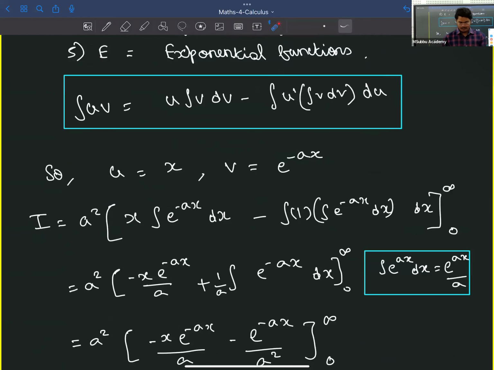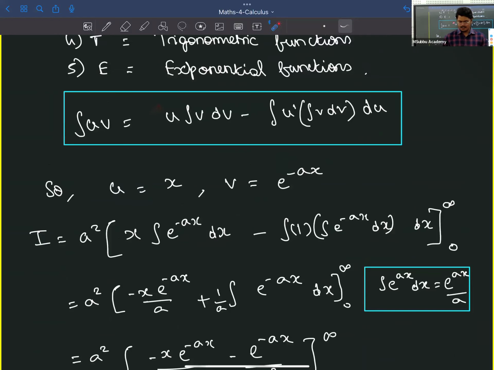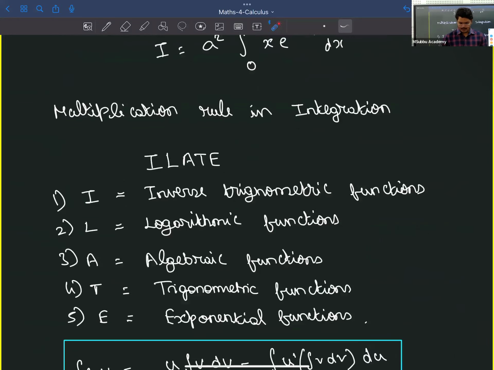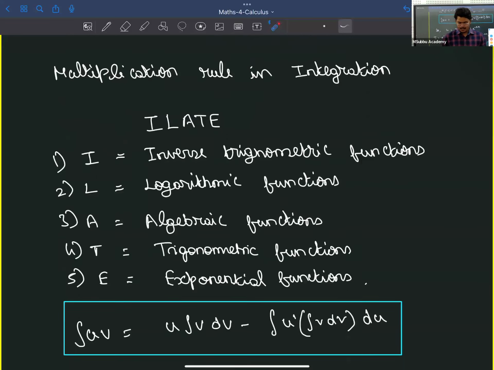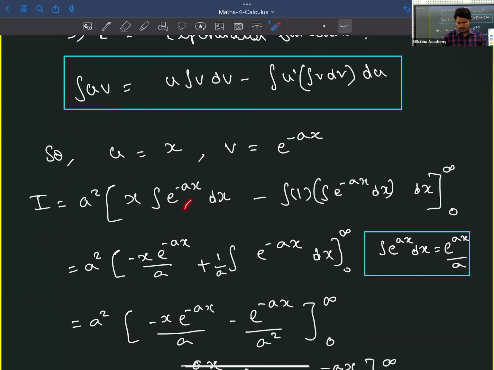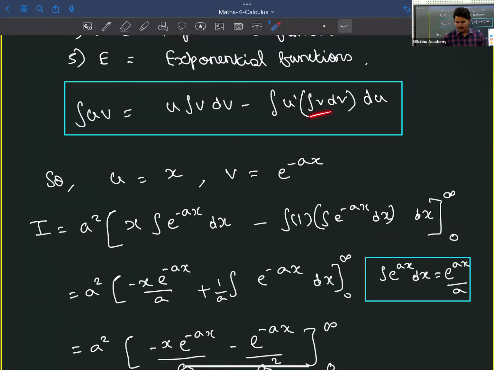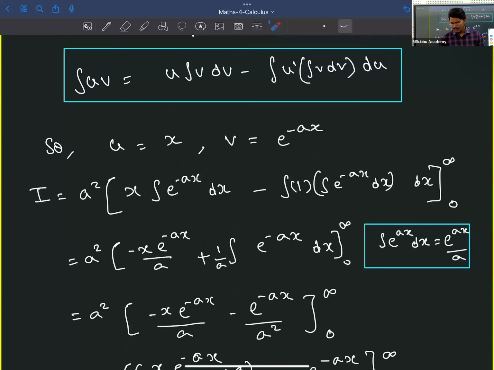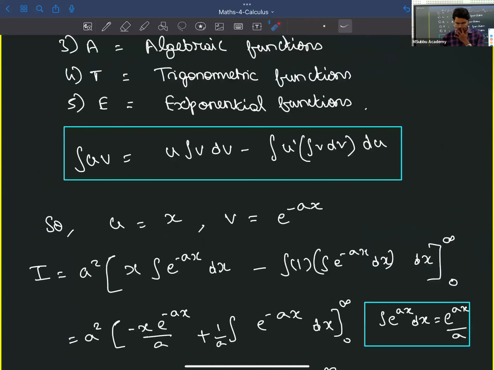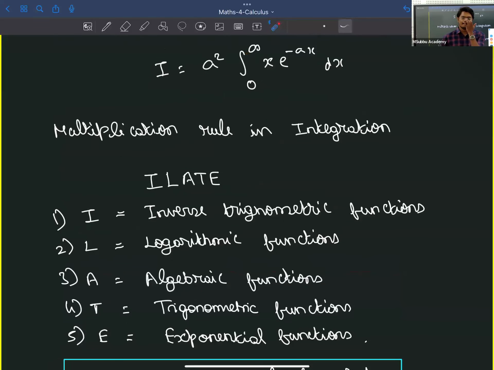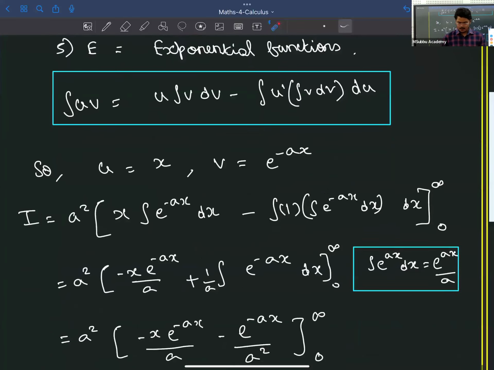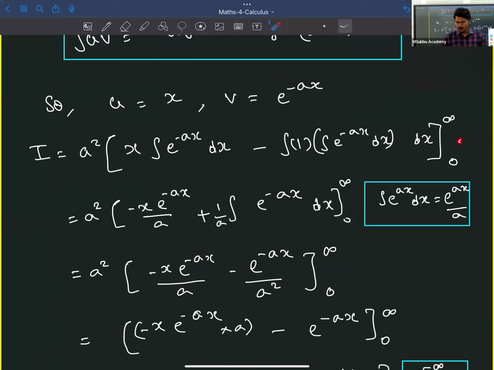Based on that, when we substitute this in the equation, the a square term we have outside. When we substitute u as x, v will be e power minus ax. Differentiation of x will be 1, and integral of v dv will be integral of e power minus ax dx, with limits 0 to infinity, because they have given 0 to infinity here. So when you solve after substitution,